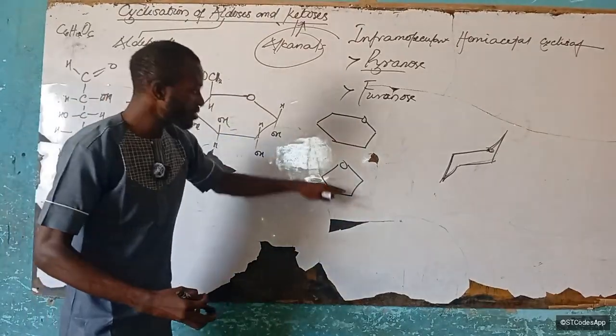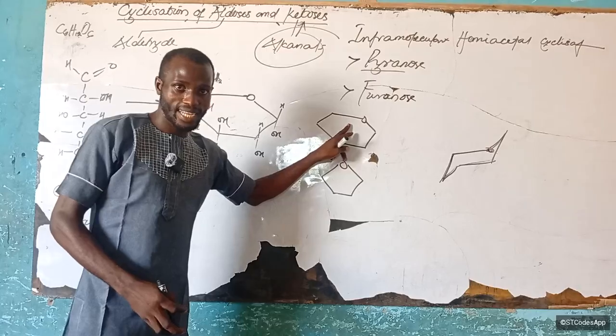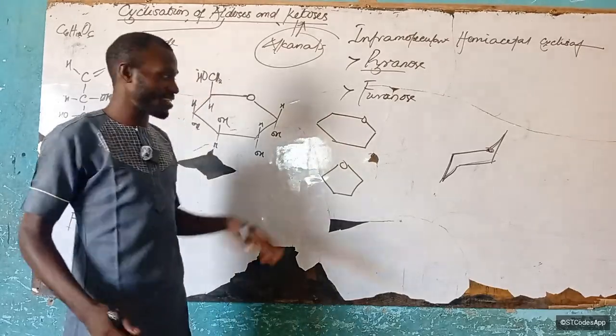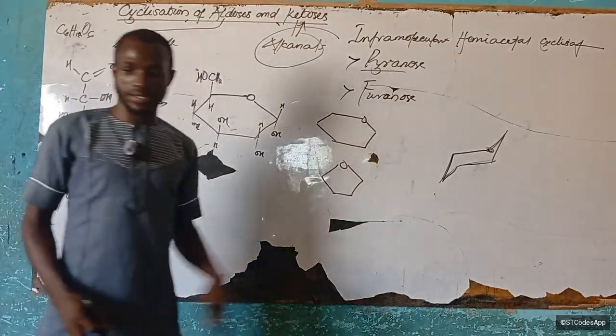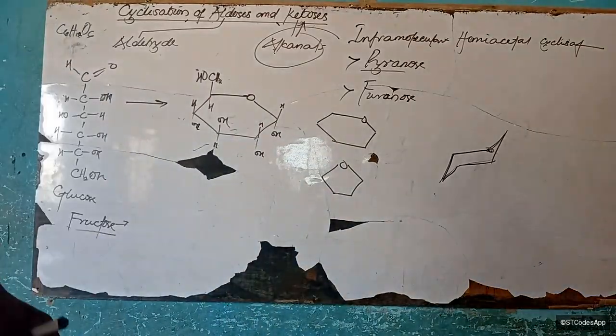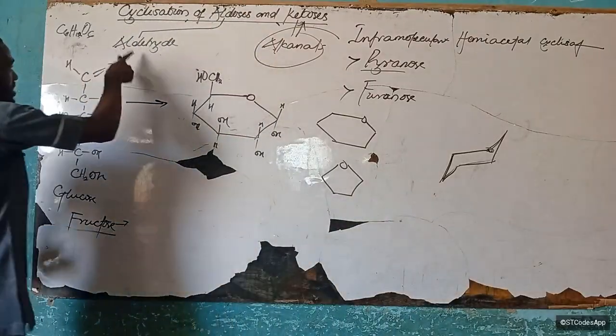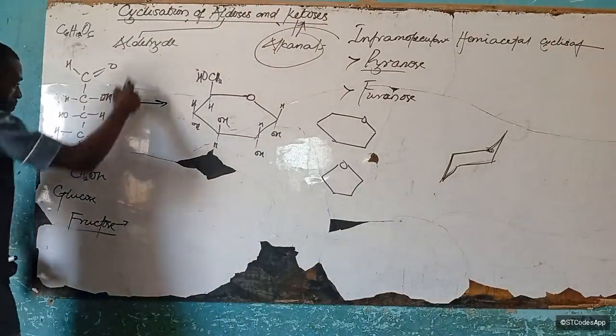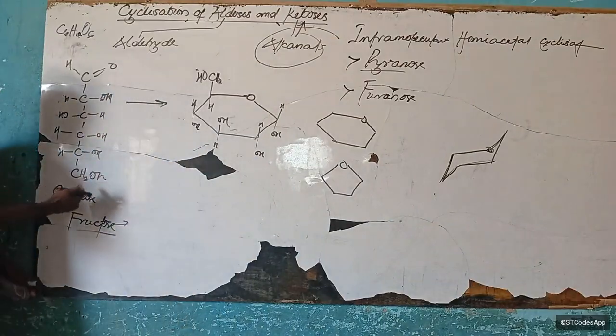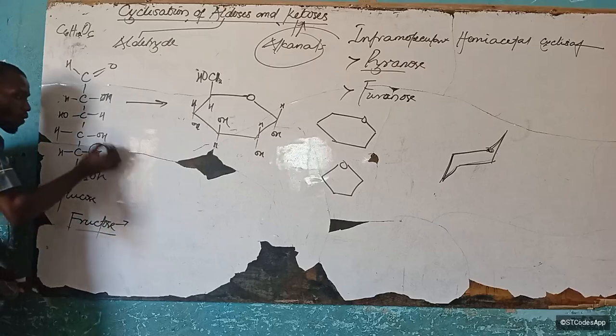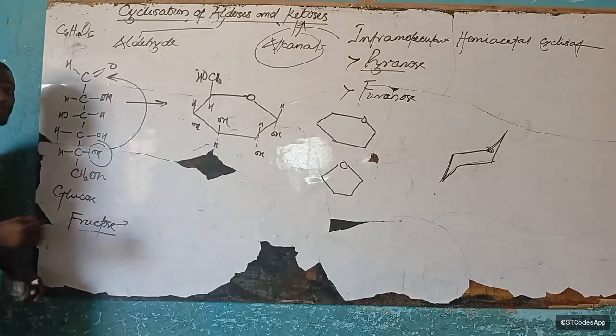So this is pyran, or pyran, whichever way you pronounce it. Pyran and furan. So how does cyclization take place? The hemiacetal cyclization actually takes place when there is an attack of an aldehyde by, notice, the OH group is called what? Alcohol, right? So when an alcohol attacks an aldehyde group,